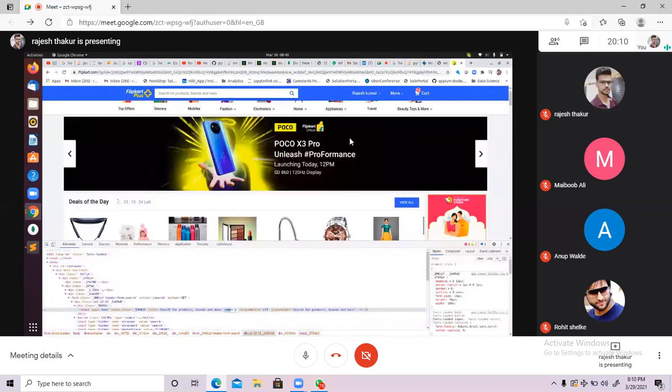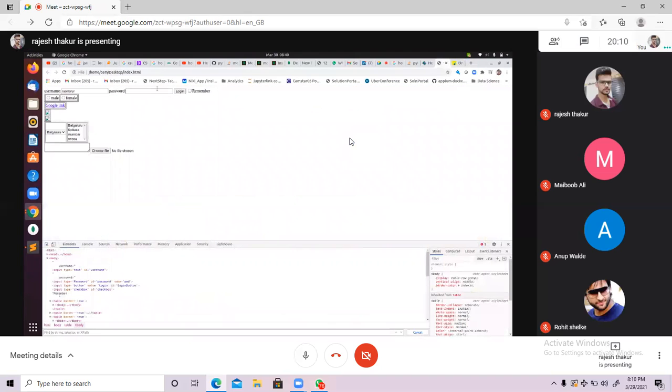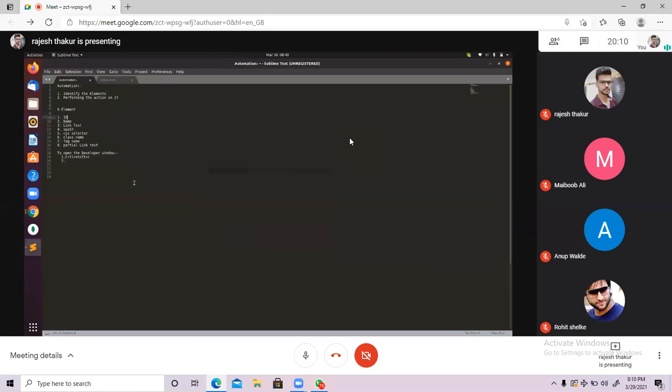Okay. Now coming to the XPath portion, right? Let me do the experiment in our page. So we have to identify which element? We have to identify this text box. So, the syntax to write an XPath. First thing, ID and name are very simple. If ID is there, go with the ID. If name is there, go with the name. Now coming to the XPath. What is the syntax? Remember the syntax. It's very, very important. Double forward slash.